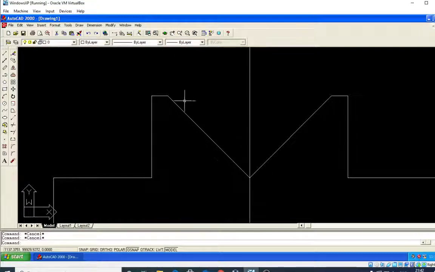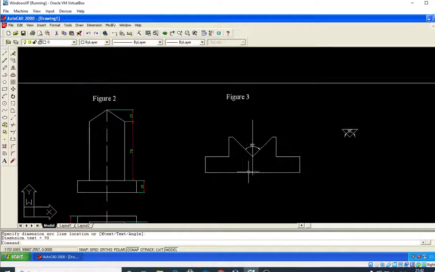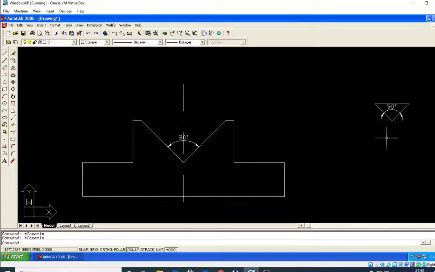So now you can check what is the dimension angle. In between, from here to here, it is 90 degrees, ready. Is that correct? So I can change the center axis also. How can I change it? Using match property. Select the object and click on this and change it. Sorry, I will select this, afterwards match property and click on this. Okay, so I think you have understood.